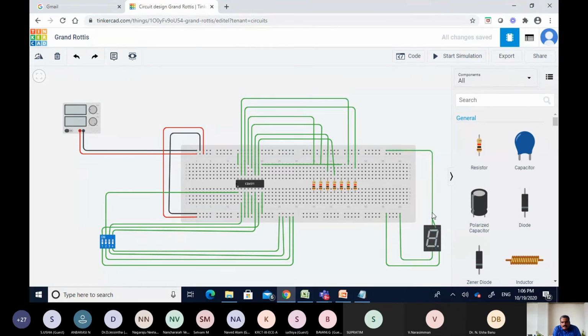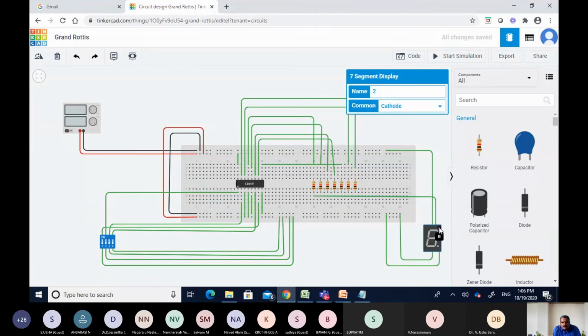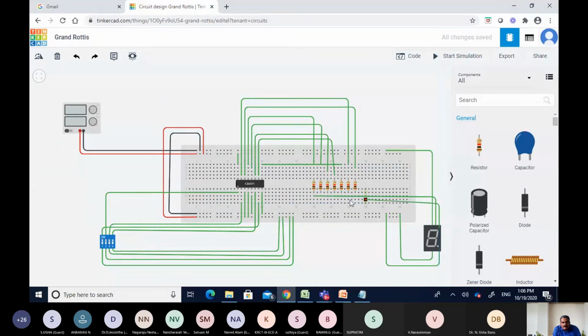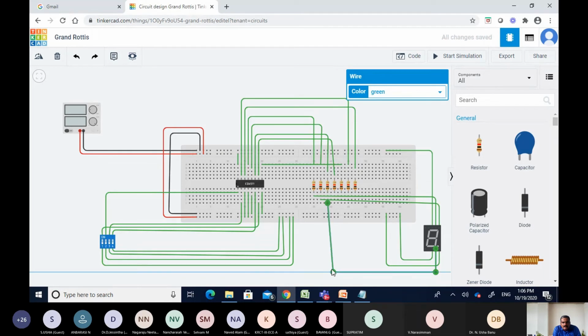Yeah. So now we have to give the connections accordingly based on this value. So this is A. So I will be connecting it to the first resistor. So this is B. So next one is B. I will be connecting it to the second resistor. C. Let me check where it is. Yeah, here it is. So from C, I will be connecting it to this point, right? Yeah.